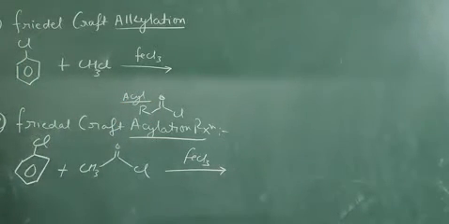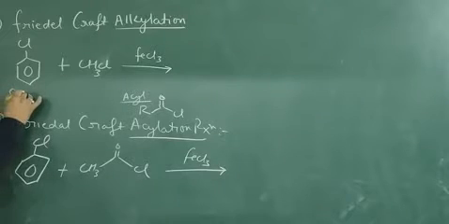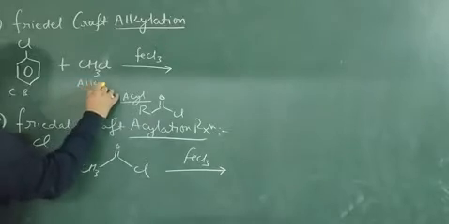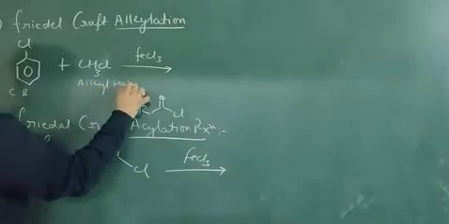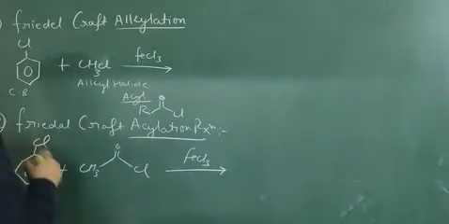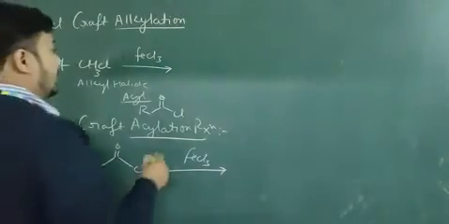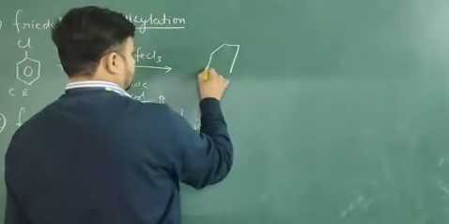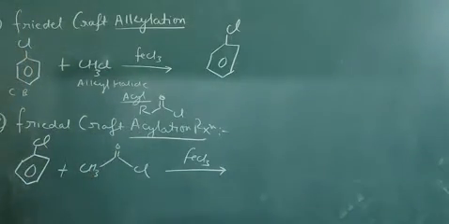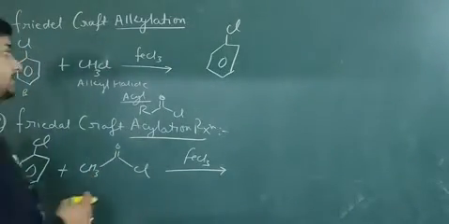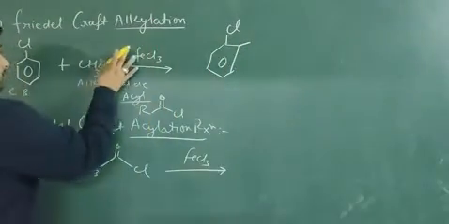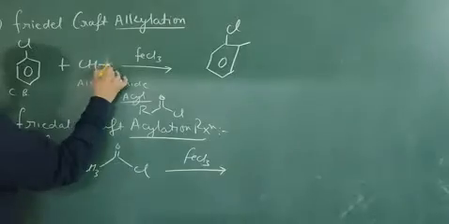Now, in the case of alkylation, the chlorobenzene here is going to react with the alkyl halide in the presence of FeCl3. So, what are the products formed in this reaction? Two kinds of product will be formed because Cl is an ortho and para directing group. So CH3 is going to attach with the Cl.